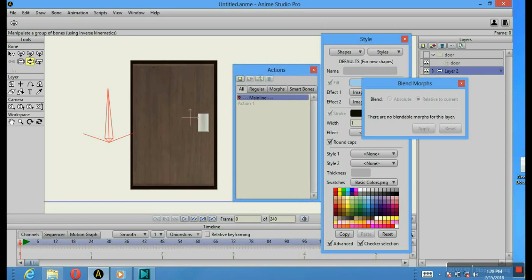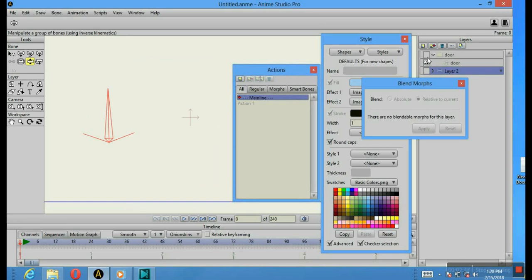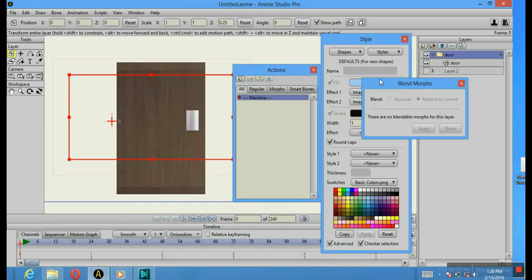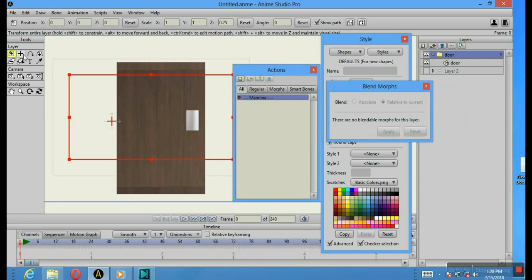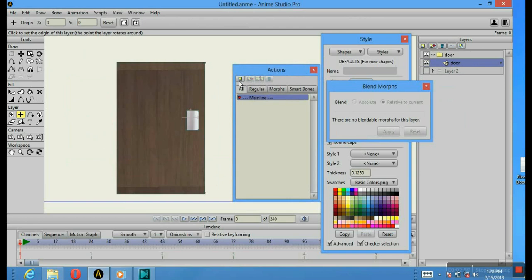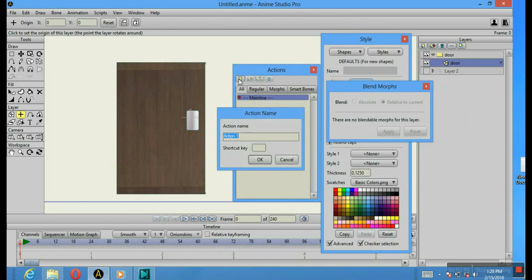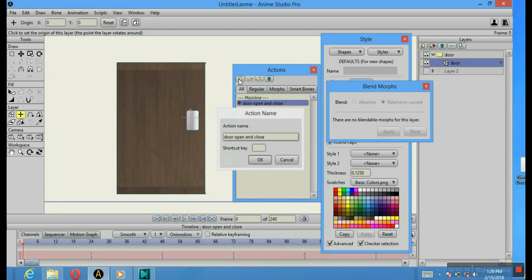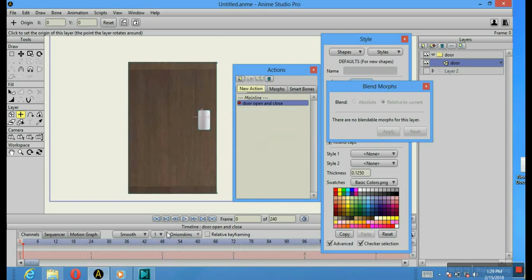So let me delete this door and use this door. To create blend morphs, what I'm going to do is select this layer and create an action, which is door open and close. Enter. So what we're going to do is create only one keyframe,